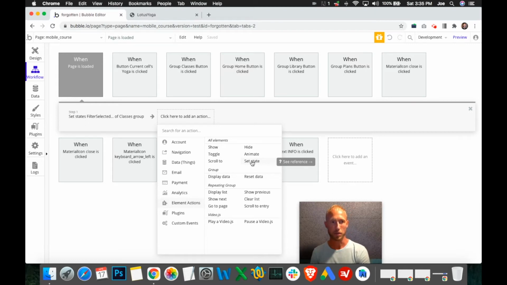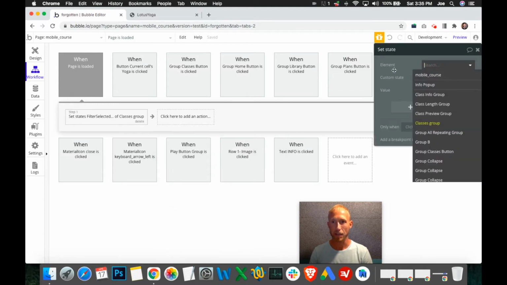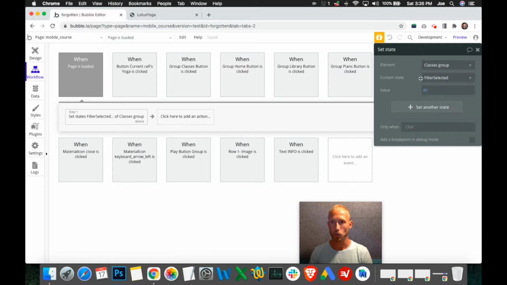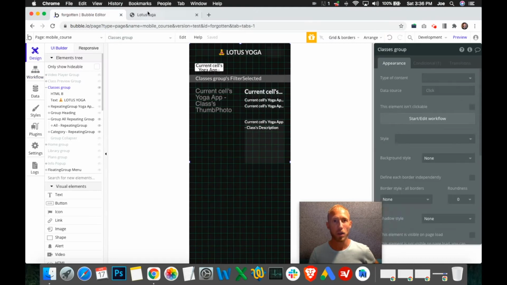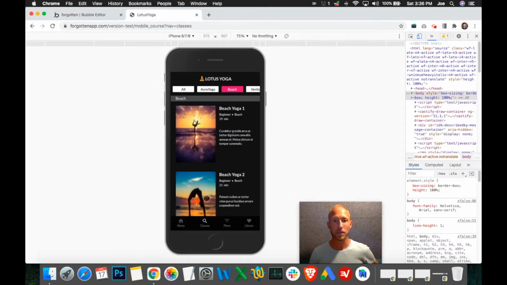If we're trying to really get descriptive, or come at this from a few different angles, so that hopefully it makes sense as you're listening to this. So we set this state that was tied to this classes group. We gave that state a name, and then we gave it a value as well. So why am I talking about this? Well,